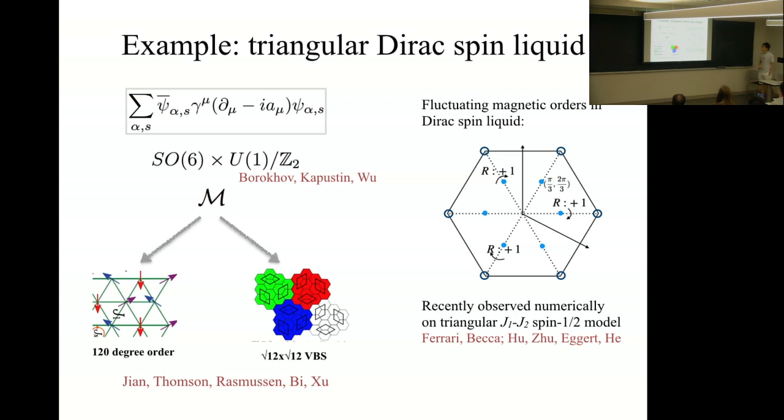Okay? And so this theory comes with a pretty big continuous symmetry group. So there's an SO6, which is basically the SU4 flavor rotation. I have 4 flavors of them. And then there's a U1 that corresponds to the conservation of the magnetic flux, for which the monopole is a charged operator. You can neglect the Z2, doesn't matter.